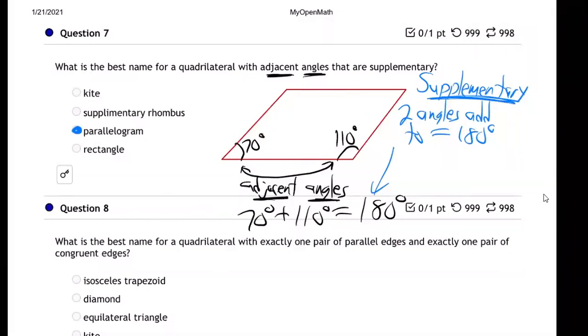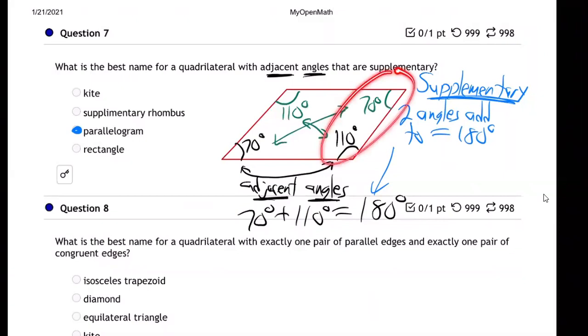You could do the other. This one up here is also going to be 70 degrees, and this one's going to be 110. You can tell these two are the same, right? These two are the same. Diagonal angles are equal. And see how if you take any two that are adjacent, meaning next to each other,